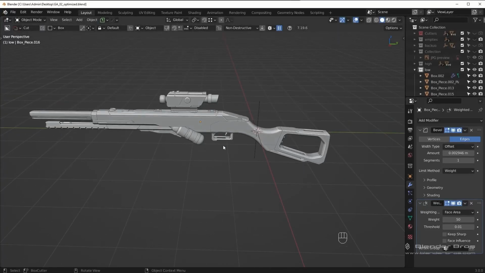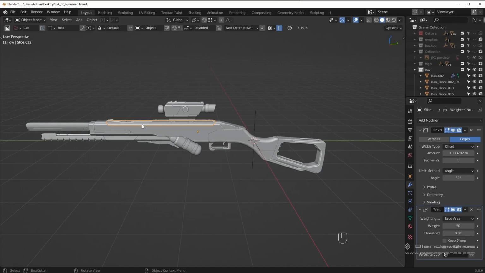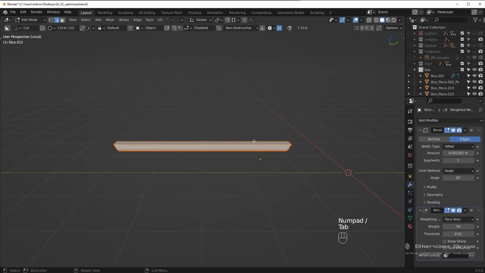Now, sometimes issues can occur with triangulation, especially in game engines like Unity. I've noticed this issue. On really long stretched triangulations, sometimes you get these weird artifacts that occur. And I found the best solution is to try to cut these n-gons into smaller increments, and that will basically fix the issue. So what I like to do is go to the bigger pieces, like this one for example,